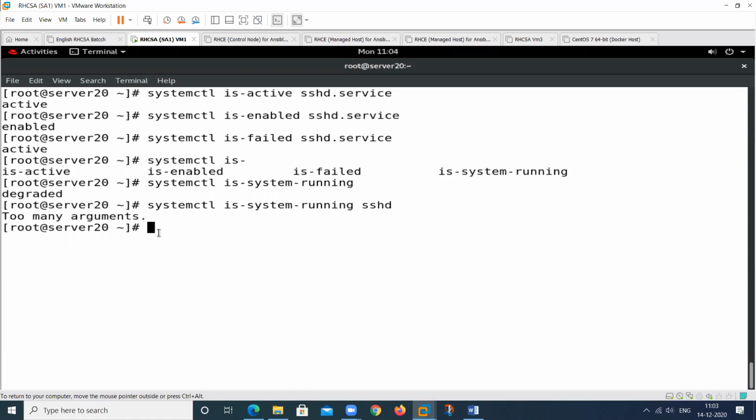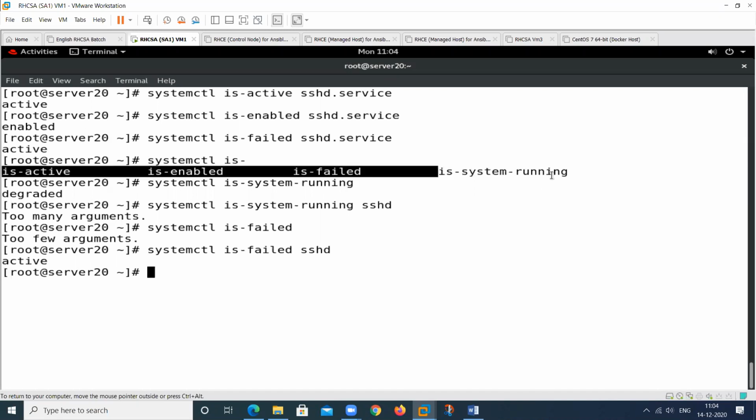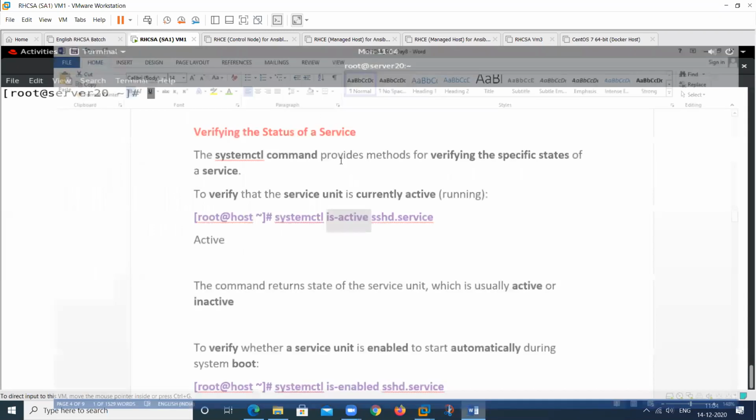It can have many other things also, too many arguments. So only use this one, and this is sshd. See, so this is only active, not a failed command. So this is about the failed. I will check this first, then I will tell you. So this is the whole thing about the active command.